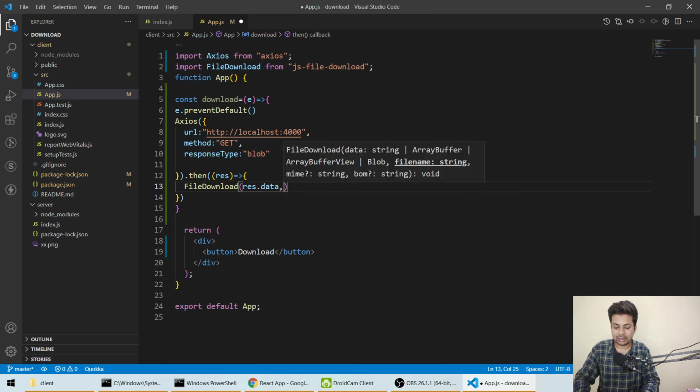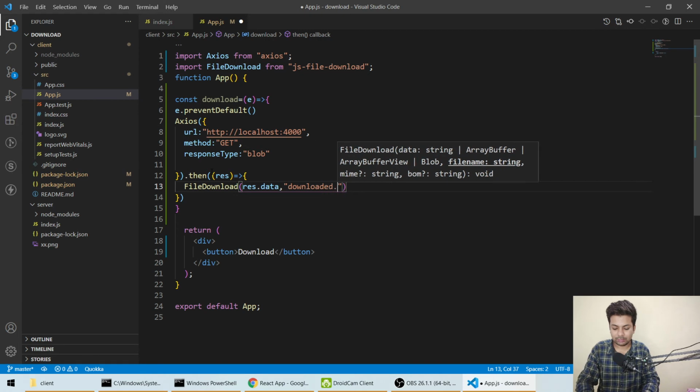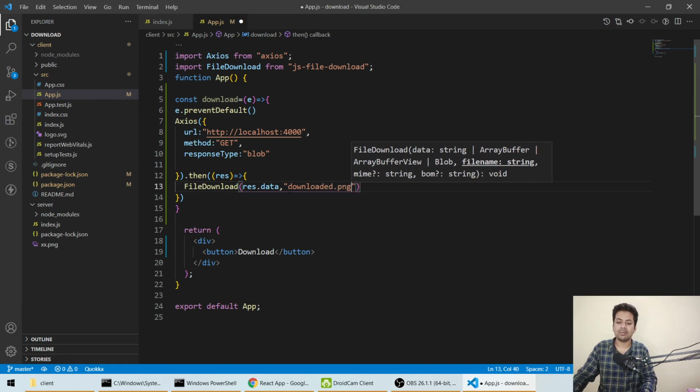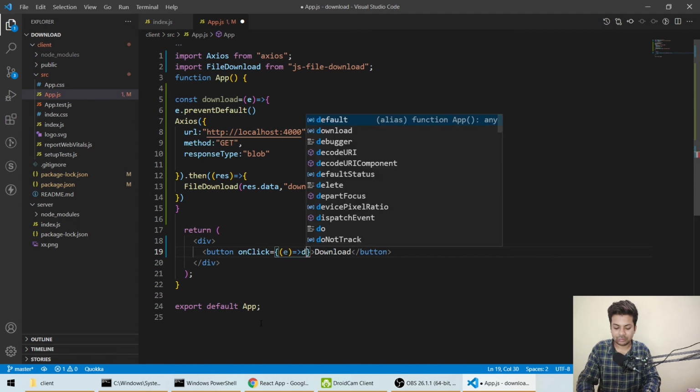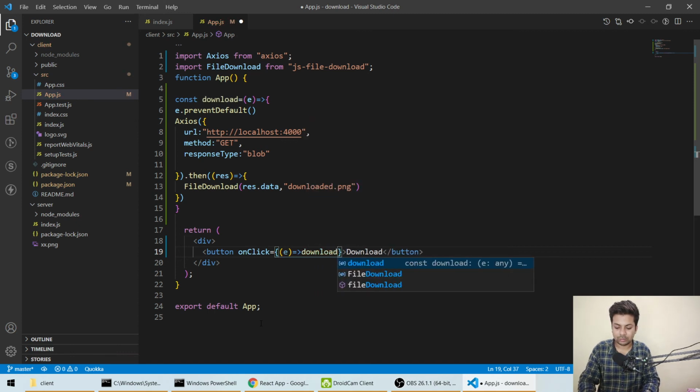I'll name it downloaded.png. Whatever file name you give, it will show up here. Okay, so now we have to call the function. We'll say onClick, function name is download.